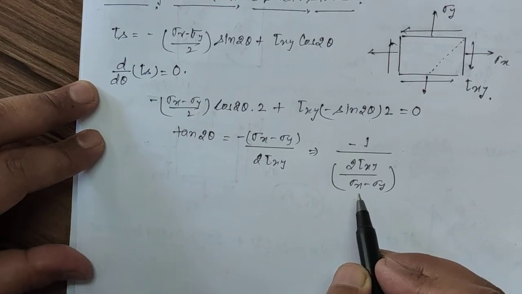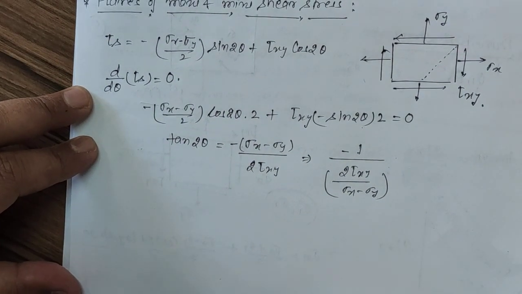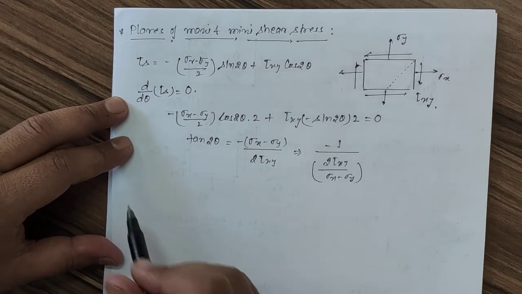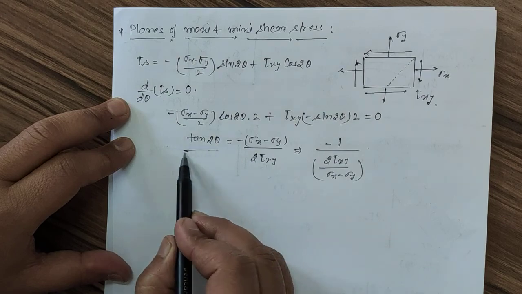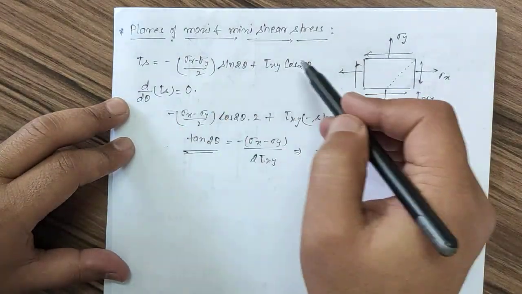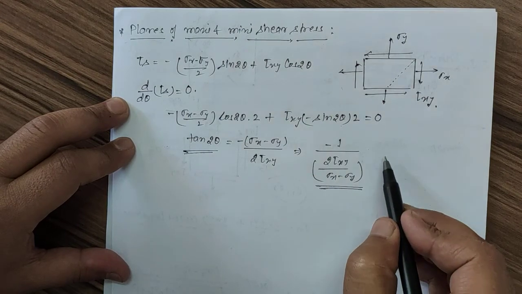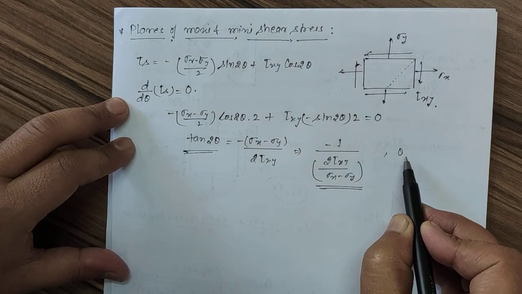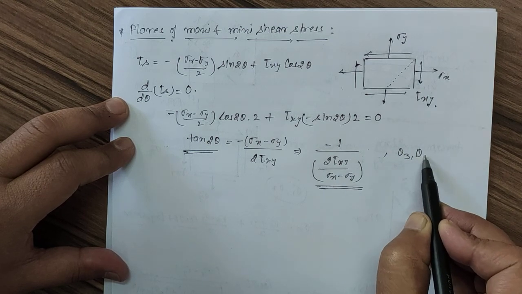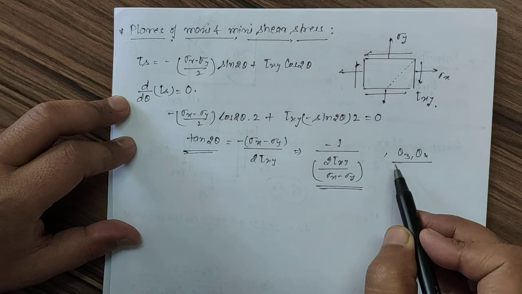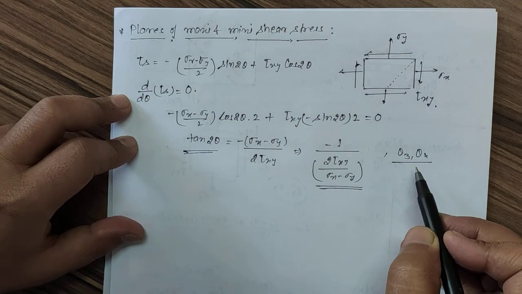We reached this value for the principal stress case also. So from here we can say that this is the location on which the shear stresses are maximum and minimum. From here we will get two values of theta, let us say theta 3 and theta 4. Theta 1, theta 2 we have taken for principal stresses. So theta 3 and theta 4 are for the shear stresses.